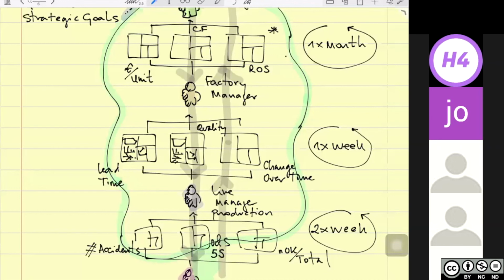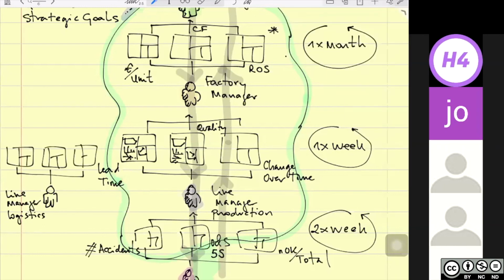What happens then? So both the factory manager and the supplier manager, let's say the logistics manager, line manager, logistics, both report to the same boss, okay? And the logistics manager probably has different KPIs than the line manager production has. But we start something called horizontal connection,